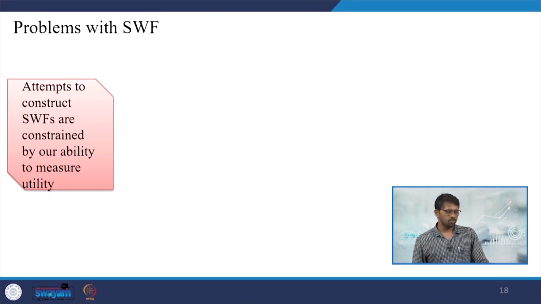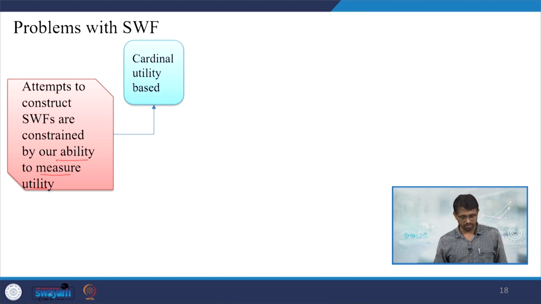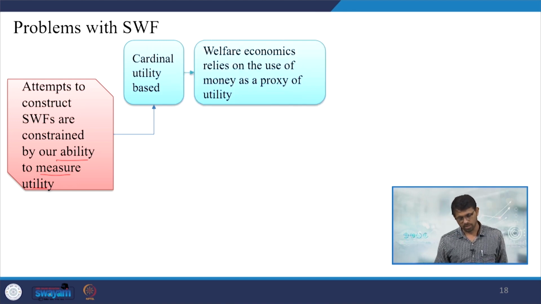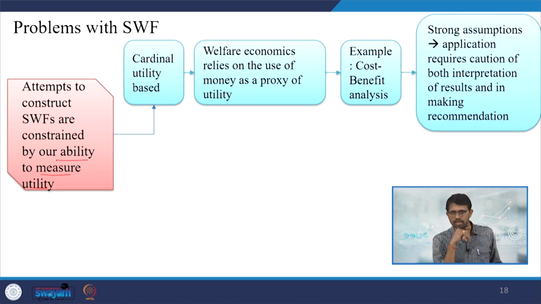Then what are the problems with SWF? It attempts to construct SWF and it attempts to construct SWR constrained by our ability to measure utility. So, the ability to measure utility is a bigger constraint. Now, we will clarify it between cardinal and ordinal based approaches. In the cardinal one, welfare economics relies on the use of money as a proxy of utility, and there are some examples for it where cost benefit analysis is also used to explain this. There are strong assumptions as well, such as application requires caution of both interpretation of results and in making a